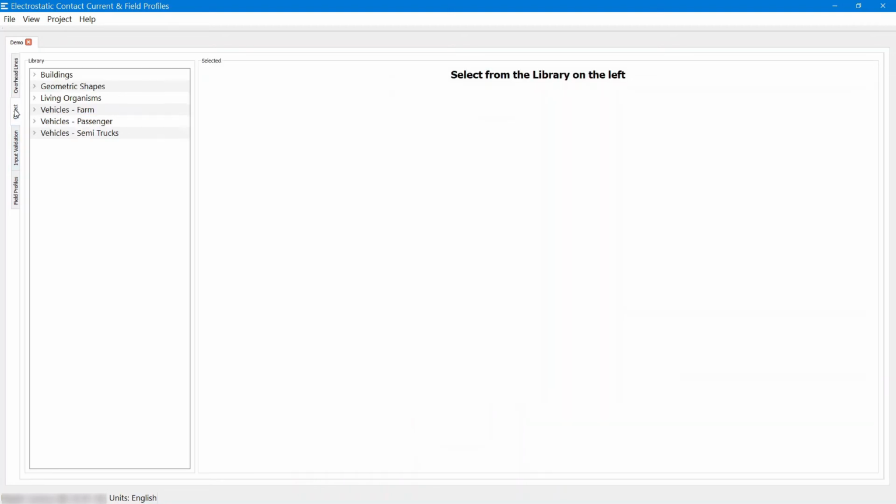The Object tab is where the user can enter the object or vehicle to be placed under the transmission line for electrostatic contact current calculations. In our problem statement, we have specified that the largest vehicle is a semi-truck with tandem trailers, total length not to exceed 75 feet. I'll click on the Vehicles Semi-Trucks tab,